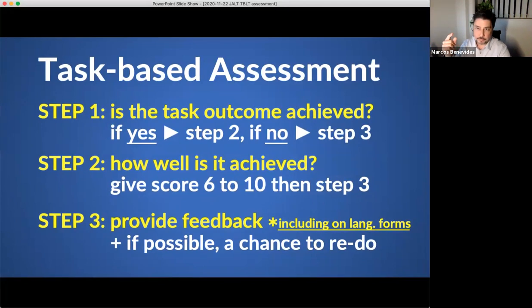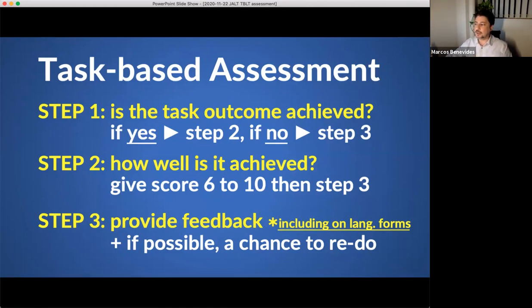Because you're doing this, it's also important to consider the fact that you are not failing the student for not achieving the task. This concept of fail shouldn't be applied as strictly as we would with other kinds of assessment. In other words, instead of saying fail, they simply haven't achieved the task yet. But give them feedback and a chance to redo, and then perhaps they will.